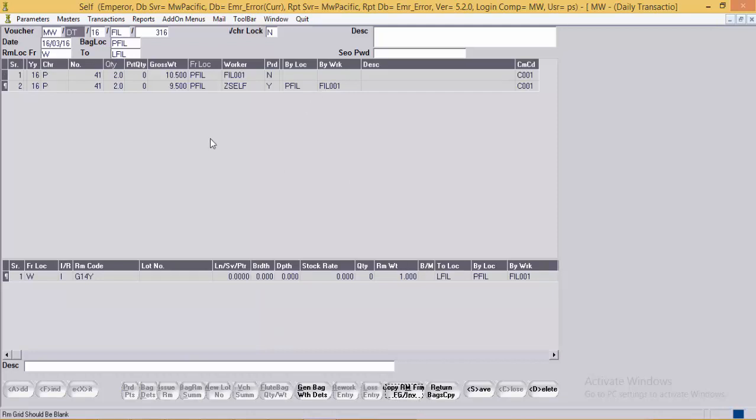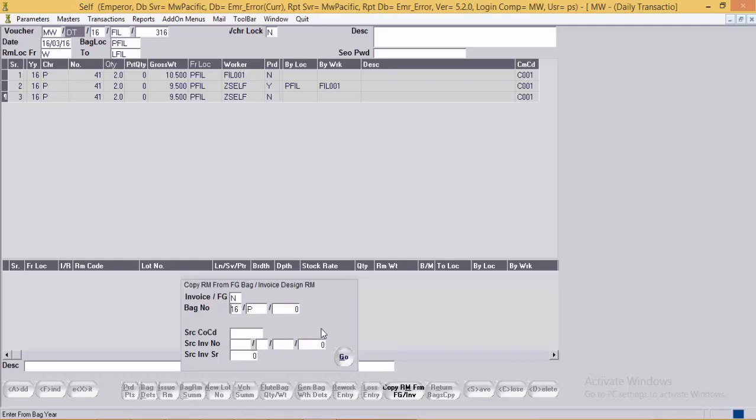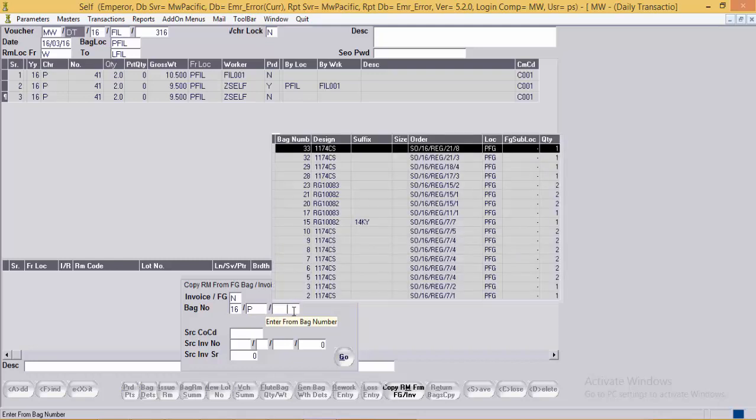Next is copy RM from FG or invoice. Through this button, user will have an option where he can copy the RM details from the bag lying in FG, provided that the order RM of both the bags should have the same RM and the bag should be lying in FG.